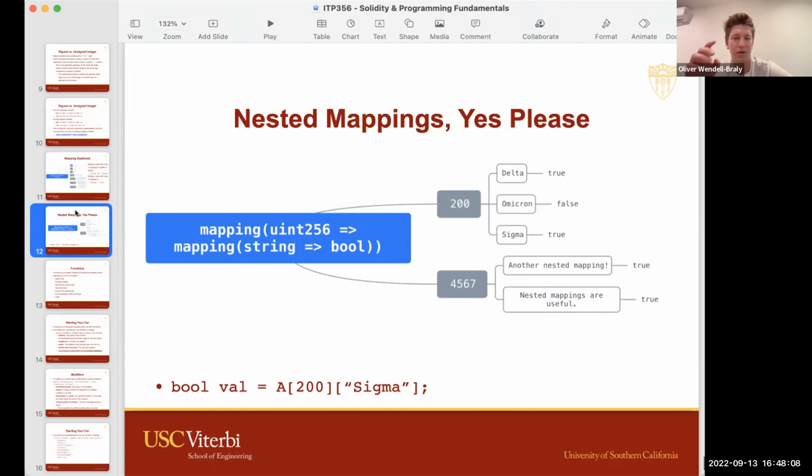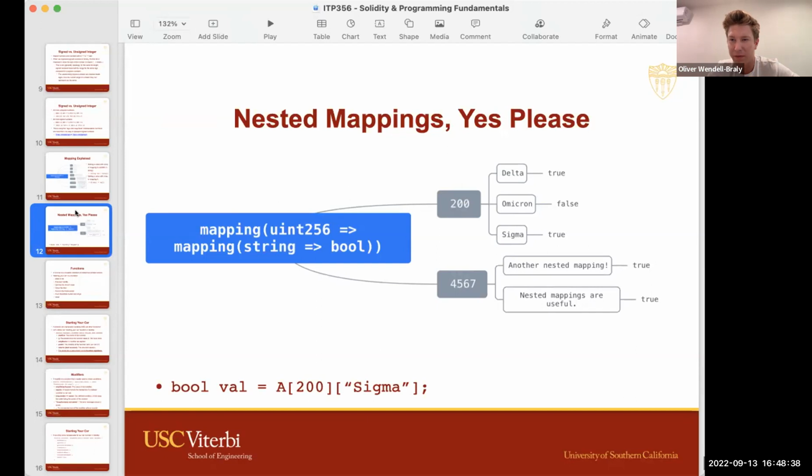Okay, actually now I know what my question is. So is the string to bool in this case the data type for the inner mapping? Yeah, exactly, for the inner mapping. Like if you did string to integer and then put in the same thing down here, well, I guess you'd have to put uint256 value, and you replaced it, would a 200 point to a completely different mapping?